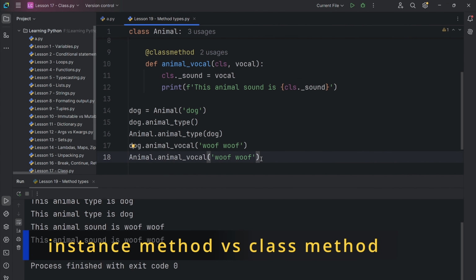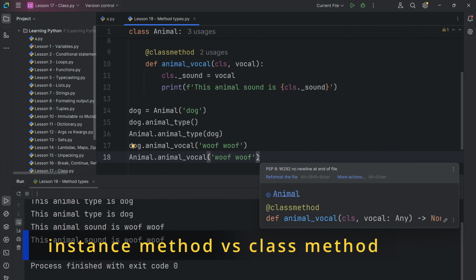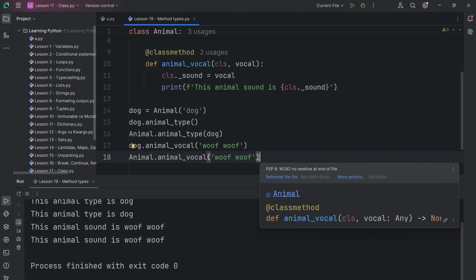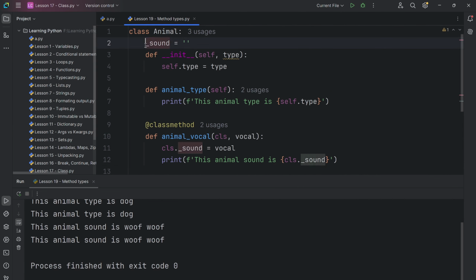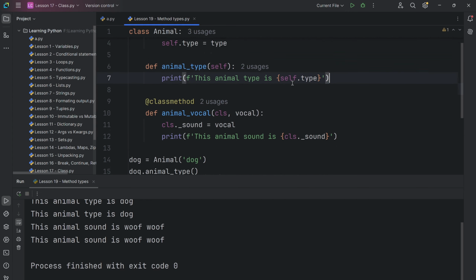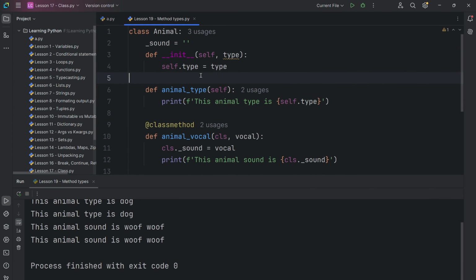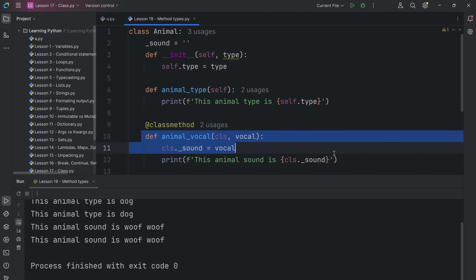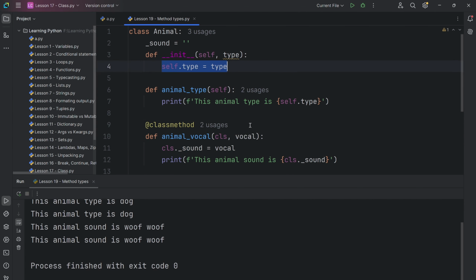So let's sum up some important things. Class methods are used to operate on class level data. As you can see here, this sound is a class attribute, so this class method is modifying it, not this instance method. This type is an instance attribute, so this instance method is using it. Yes, this class method could also use this instance attribute, but that's inappropriate and it's not advice because that is not how clean Python code should